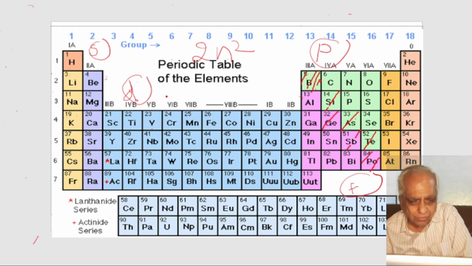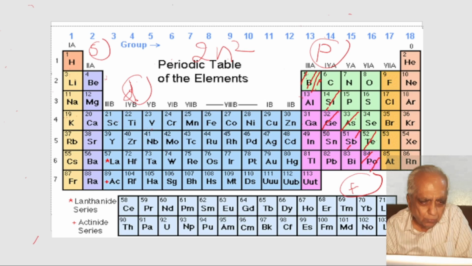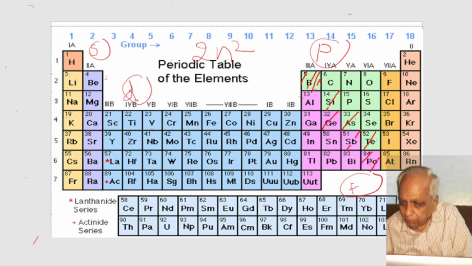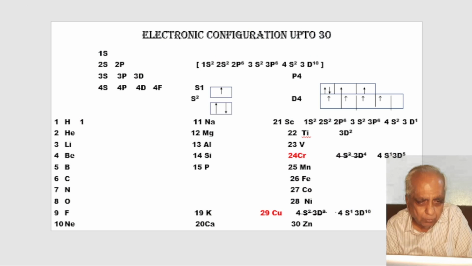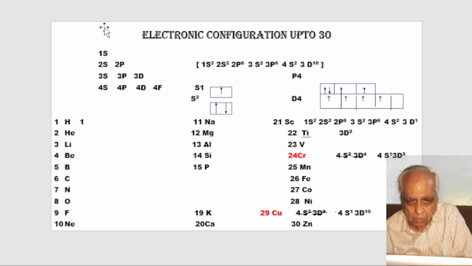Now let us try to see how to do electronic configuration. You keep the periodic table very handy. It will be required quite often. We have to learn to make electronic configuration up to 30. I had explained to you in one of my sessions what I learnt in 9th standard, how to fill up. Now I will tell you another method where we will also come to know in which orbits the electrons are going. So the easier way to learn is that you write in rough 1s, 2s, 2p, 3s, 3p, 3d,